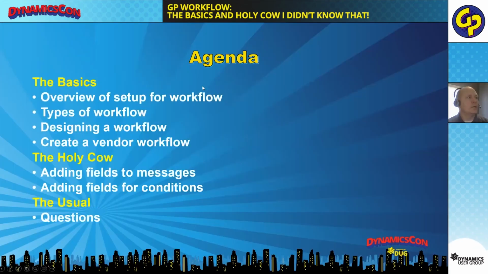We're going to go into my presentation now, and we're going to talk about Dynamics GP workflow. The first thing that we're going to do with the agenda here is we're going to go over just the basics. So we're going to go over the overview and setup for workflow. Then we're going to go over and just talk about the different types of workflows that you have available. Then we're going to talk about designing a workflow, why you would want to do a workflow, and then we're